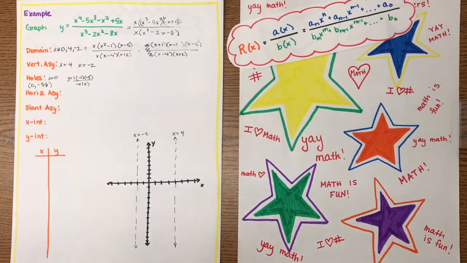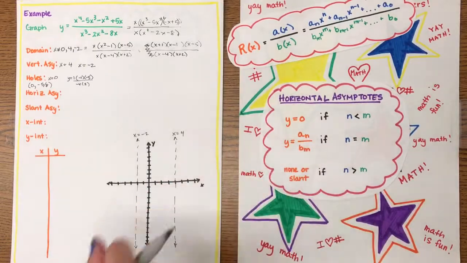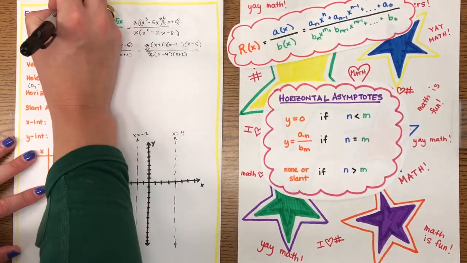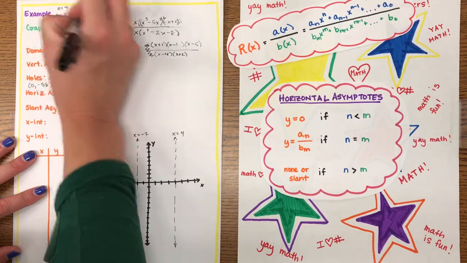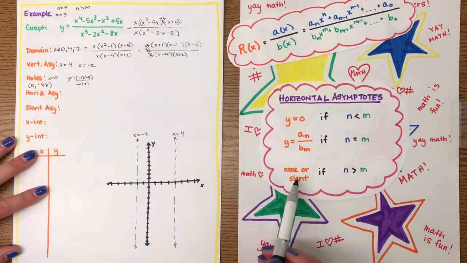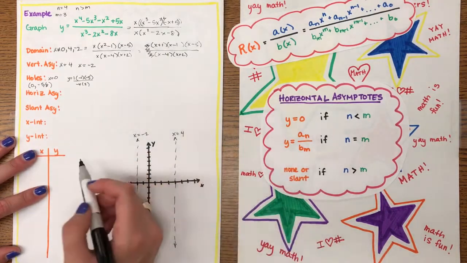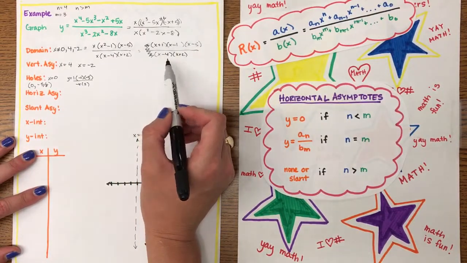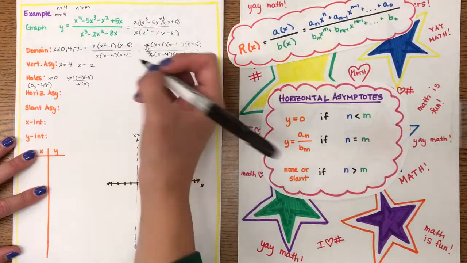I'm now looking for my horizontal or slant asymptotes. Initially, the degree of my numerator was 4 and the degree of my denominator was 3. So n was bigger than m, and that's either going to have no asymptote or a slant asymptote. We did some simplifying, and I got this simplified equation. The only thing that canceled out was x,